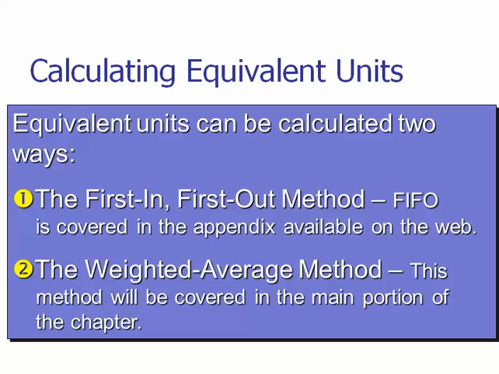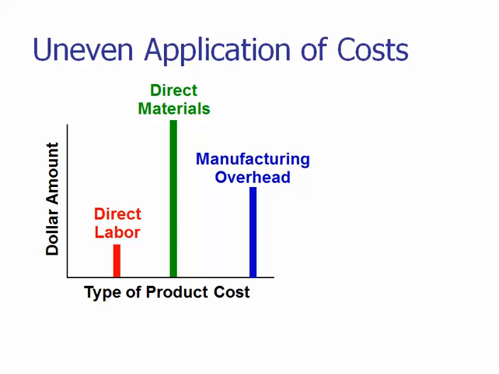But first, let's consider another twist to our calculation of equivalent units of production. Quite often in our production process, we'll have an uneven application of cost. In other words, we'll have unequal amounts of direct labor, materials, and manufacturing overhead, and these costs will be incurred at different points in time during the production process. Because of this, we will often separate out and do separate calculations of equivalent units for direct labor, direct materials,